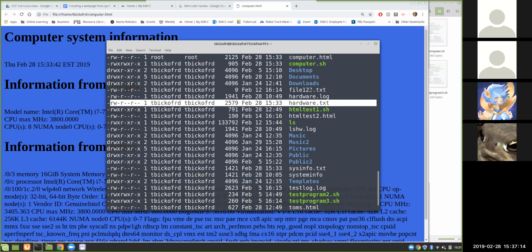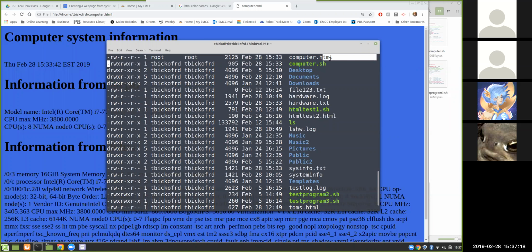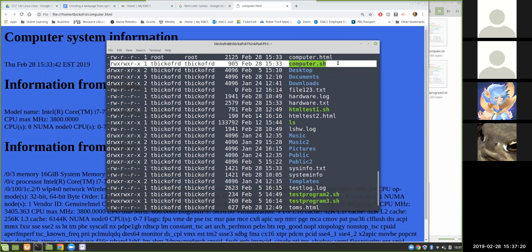But when we look at computer.sh, when we used the chmod, it went in and added an X to each of those categories. Remember, the first three, the RWX, is for you, the second three are for your group, and the last three are for anyone. So anyone can execute computer.sh,